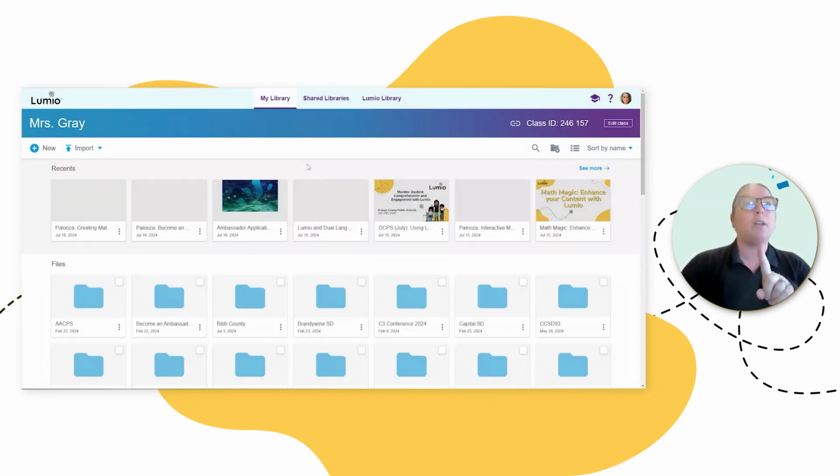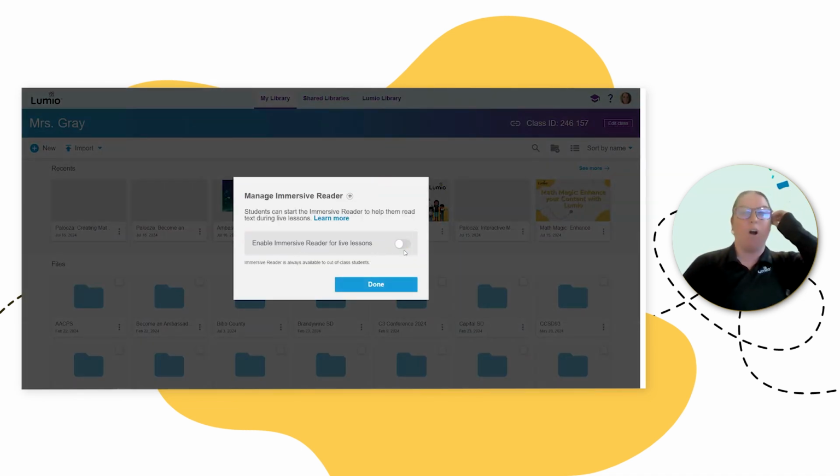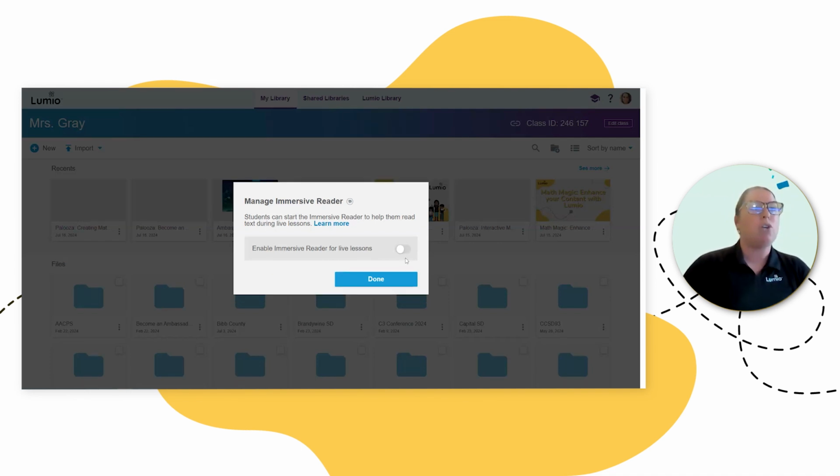And then one more thing to keep in mind in edit class is managing immersive reader. Sometimes this is defaulted as off. So if that's an option you want turned on for your students, there's some teachers who want that turned on. You just want to make sure it's swiped on. My big red flag, if I notice that it's turned off, is that book icon is not in my students' toolbar, nor is it in my toolbar. All right.